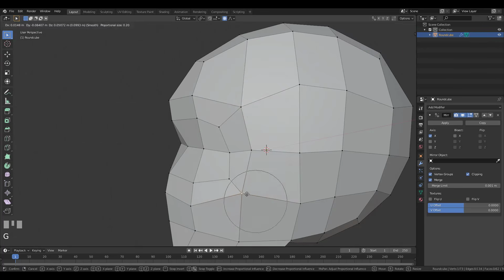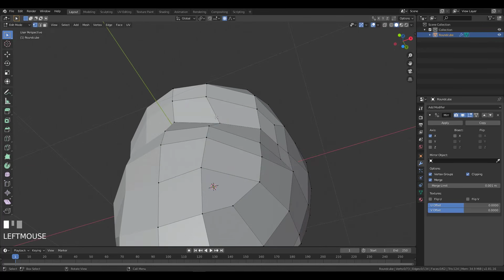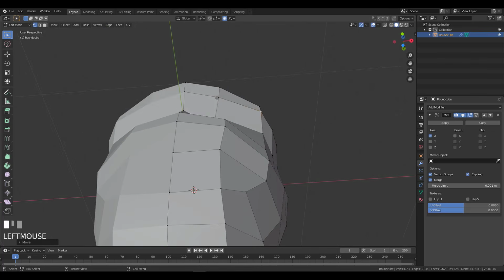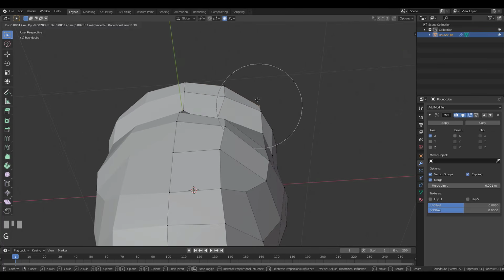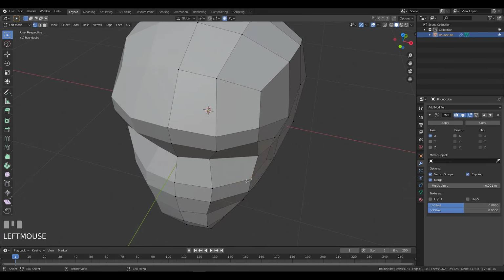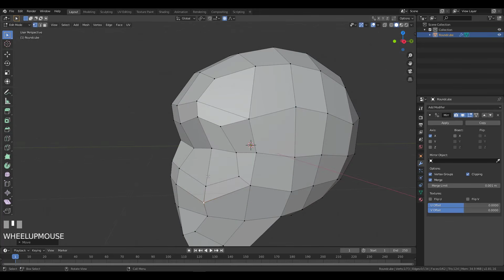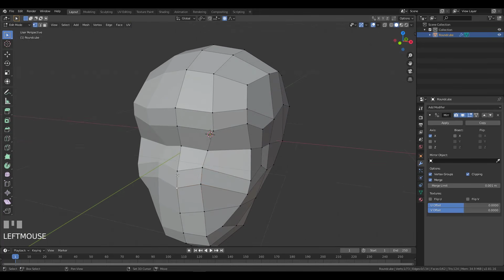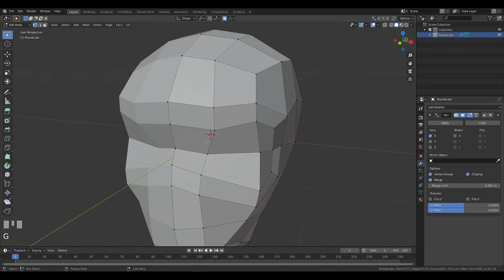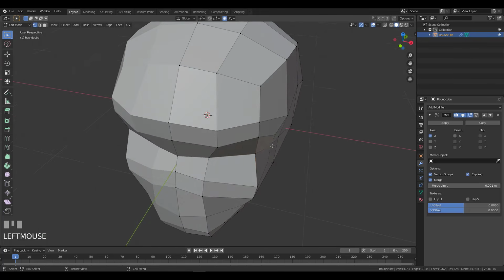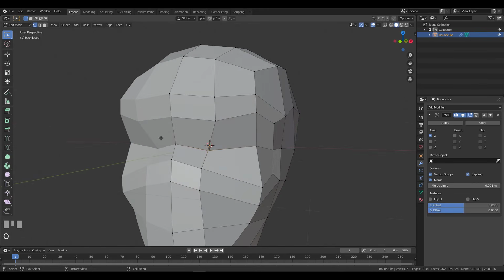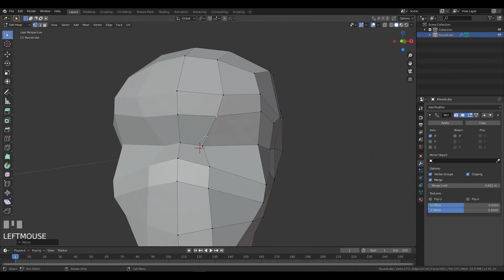Okay, so I'm going to do this. I'm going to push the eyebrows a bit forward, and I'm going to push the cheekbone a bit forward. One important thing is to look around all the time. You don't want to stay in one view, especially when you don't have a lot of topology, a lot of polygons. Okay, so now what I want to do is to leave the proportional editing by pressing O again,